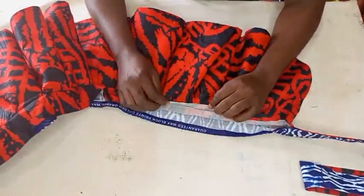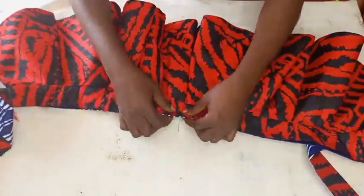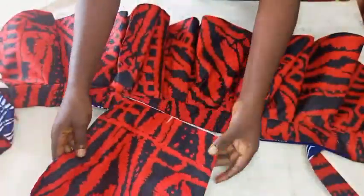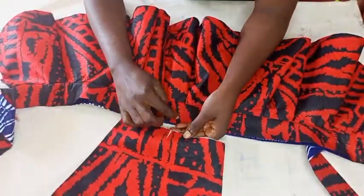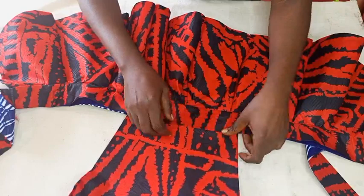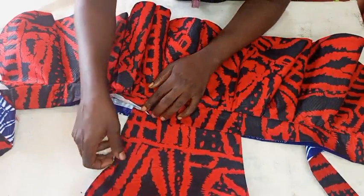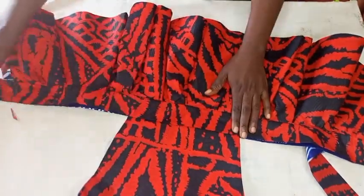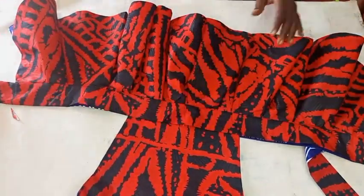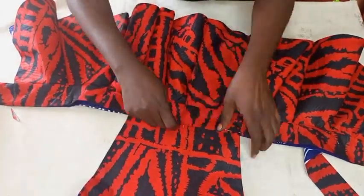So the center that is left open, I went ahead and folded inside with 1/2 inch and ironed for both Ankaras. So I'm going to start putting in the upper part, starting from the center back. We are going to send it in by 1/2 inch. That's the allowance we left at the upper part for sewing. So we place the center back at the center of the peplum. You can measure again to be sure that both sides are equal. So I'm going to pin it down